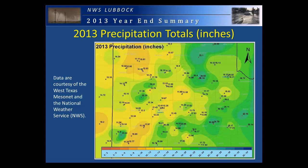First, we'll just look at kind of a regional perspective. This is the precipitation that fell in 2013. And you can see a lot of variability, but in general, most people saw anywhere between 12 and 20 inches or so of rainfall. There were a few drier pockets across the southwest Panhandle and northwestern South Plains, from Friona over